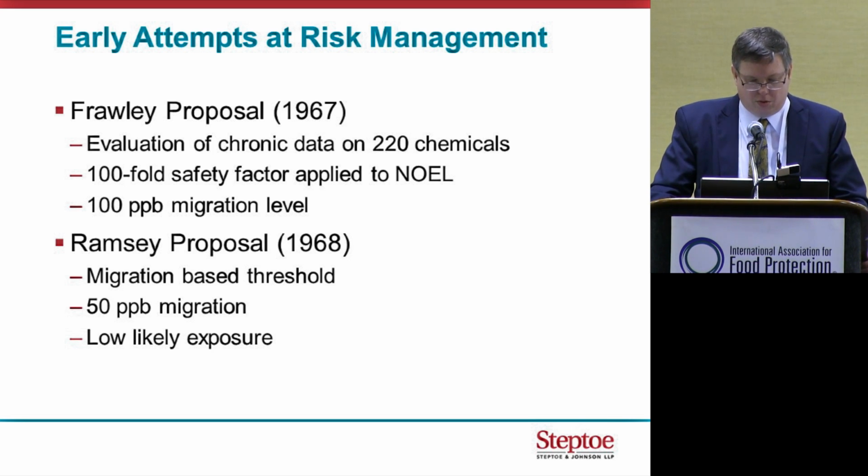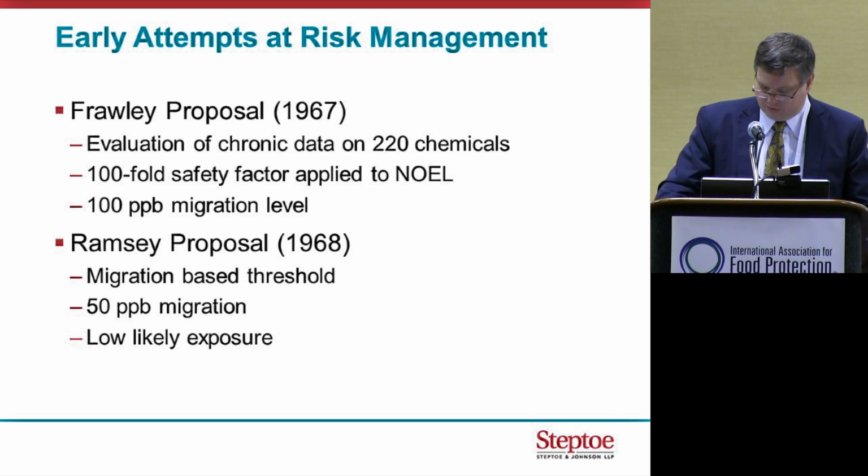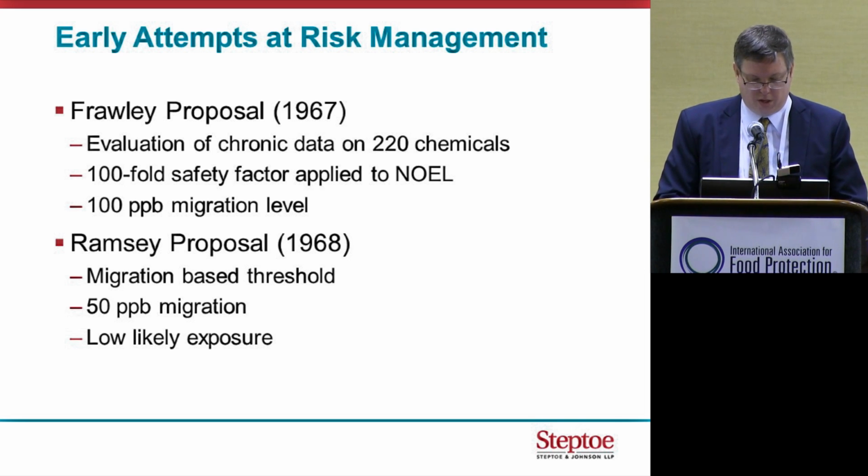Liesl Ramsey, who was an associate commissioner for science at FDA in the 1960s, put forth a proposal from within FDA, which strangely was not risk-based. It was based on 50 parts per billion migration, and generally more based on the limitations of analytical sensitivity. Still, the 50 part per billion migration level is one that is still a benchmark with respect to food packaging because it does represent a relatively low consumer exposure when you factor in market penetration.